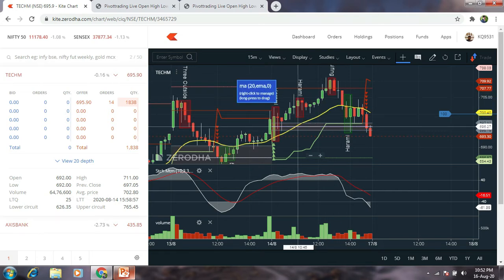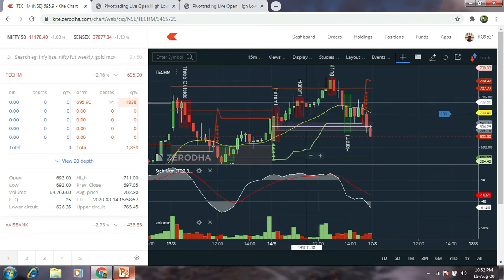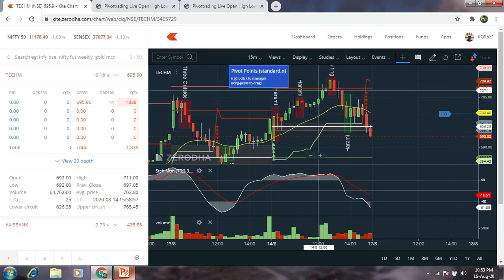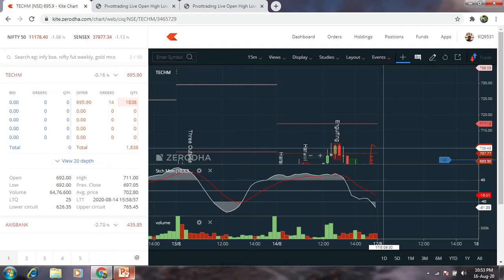But if you are new to the market, don't go for 1% when the market is negative. Just go with a safe target of 0.5%. Then it will be around 3 rupees. You can see here 702, so your target will be 704. Somewhere here it's booked. You can book now. According to the market movement, this stock also moved, because on this particular day the market started falling after 1 p.m., so the stock also fell. Otherwise, it would have reached up to here. That is the thing.